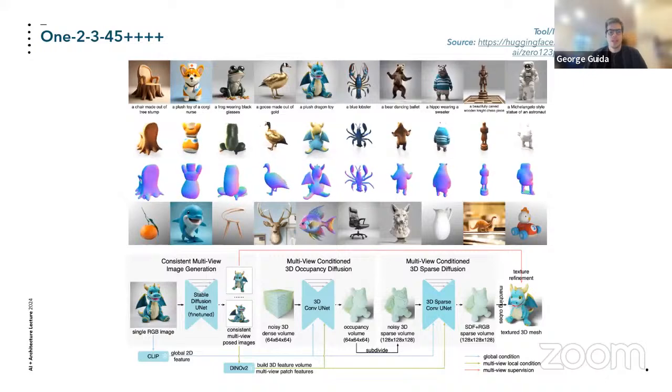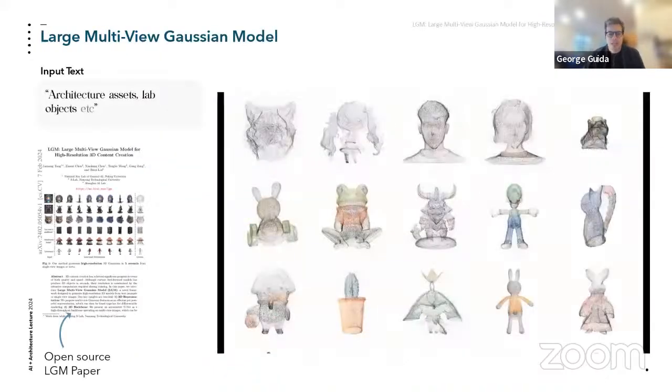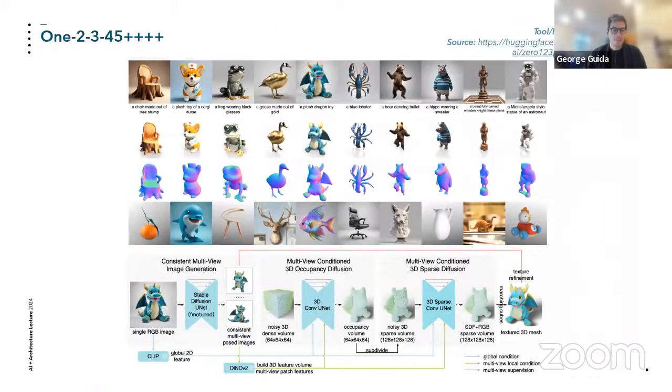And so it does different elements. So it textures that image, it does the UV mapping, and you can also export this in multiple formats. Its use cases are pretty broad. It's currently most used, for example, to create gaming assets or in the augmented reality, virtual reality space. It is slowly making its way into architecture as that resolution gets improved, and as we have more and more control over that process.